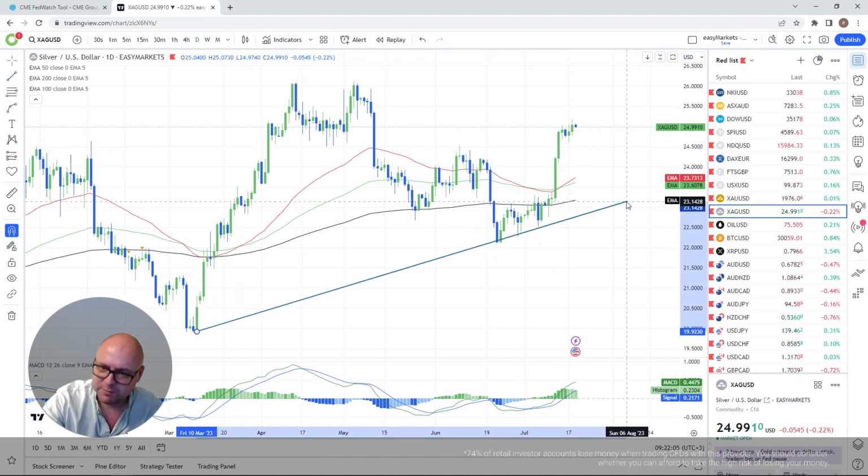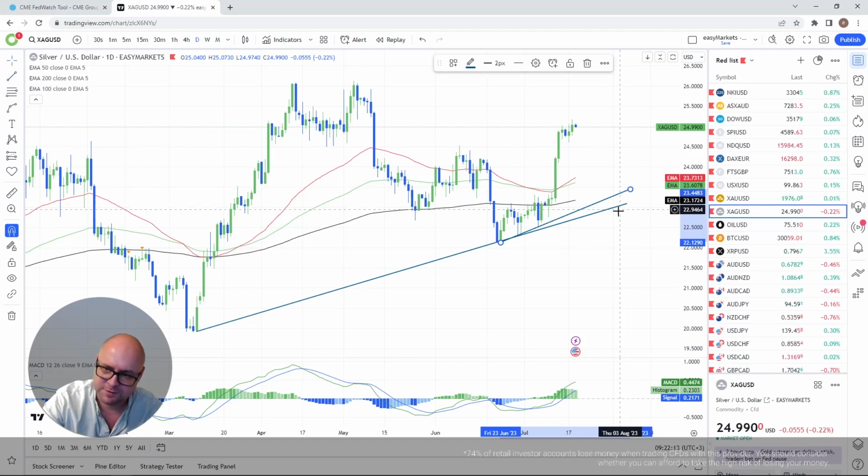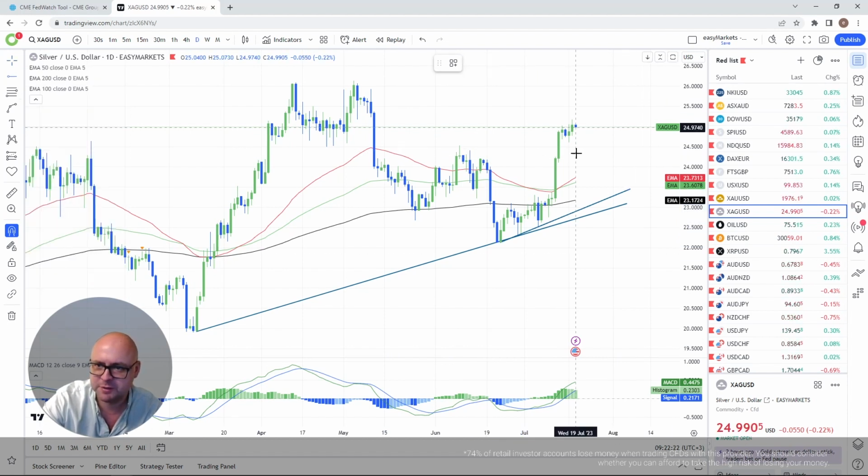Maybe this upside line could work out here. This upside line here as well, this is something that I'm watching. This is a slightly steeper one. From the shorter term perspective, in a way, yes, we had a good run to the upside. Maybe a bit of retracement could be possible. However, I think that for the retracement, I will stick to this territory, the area between the